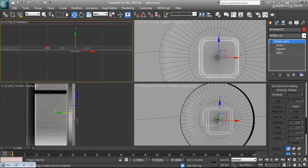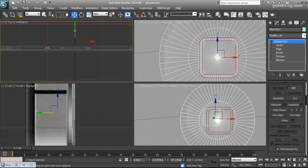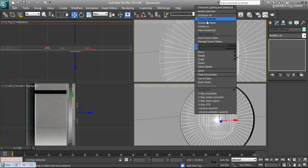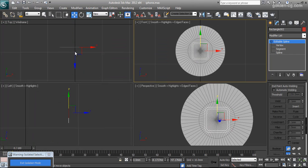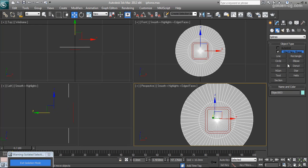Okay, why are we using this? The usage of this is what? Actually, when we want to create a material, we can just select this part and give it the white material. That is why I'm going to create this shape. So I just select this part and go back to the isolate mode. Make sure this is in the middle of the shape, and just select this bottom and